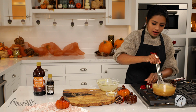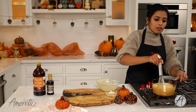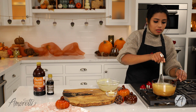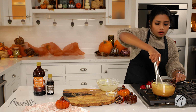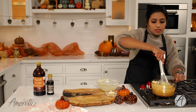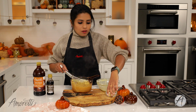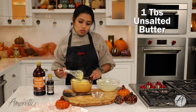The mix is thickening up, and now we're going to lower the flame and keep it on the flame still. And when it comes together and comes off the sides of the pan, that's the time you're going to switch off the flame and add in the butter. We have 1 tablespoon of butter. It can be at room temperature or even cold because it's going to right away melt in. While that's done, just take it off, drop in the butter, and now you can switch to a spatula